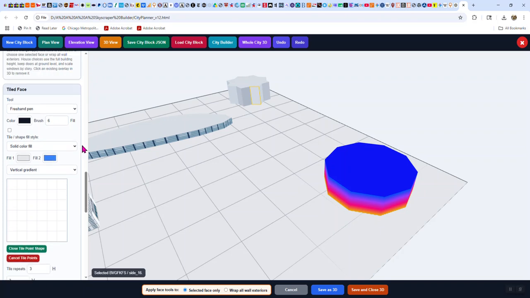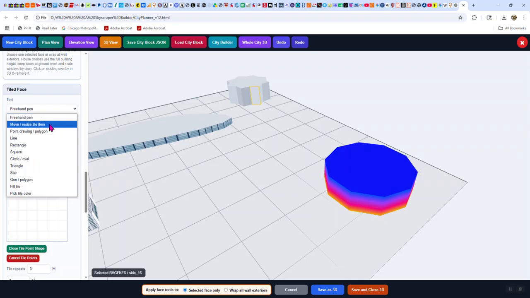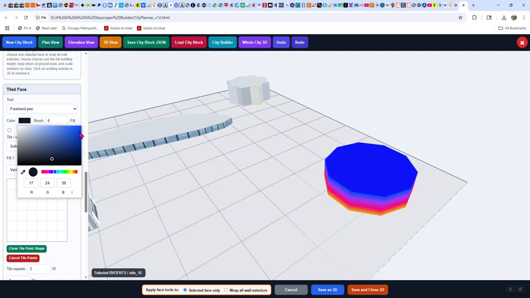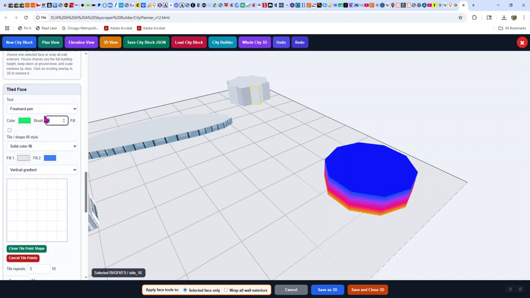Then the other thing, I haven't played with this much recently, is a tiled face. And that's where in this little tile you can draw. It's got all the same kind of choices, but you pick a color and a brush width. How about we go with a bright green? And I think a 6 brush is pretty big. So let's try a 3 and